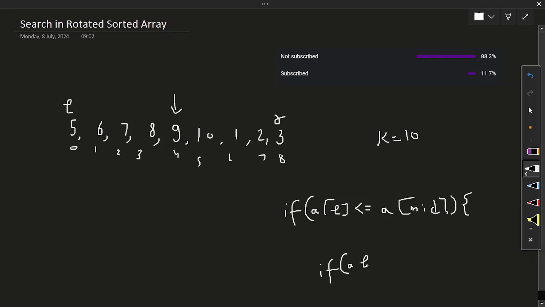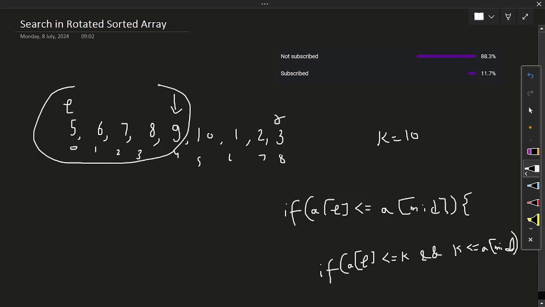If a of L is less than or equal to key and key is less than or equal to array of mid, which means our key lies in the left hand side. If this is true, we will reinitialize our R. In this case it is not,